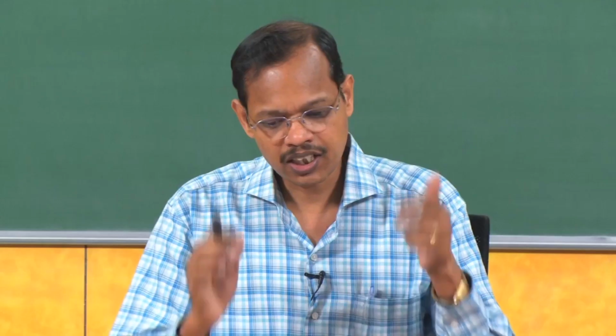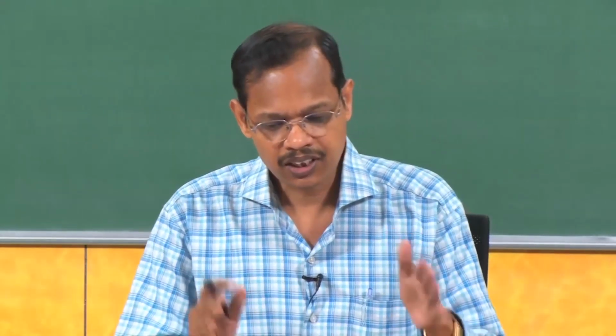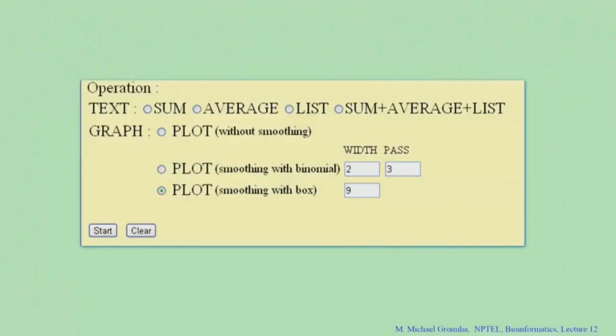If you cannot infer anything from the single residue plot, although in most cases you can find some patterns, then you can also try to get a window average. In this case it is possible to get the average. For example, if you click on the plot with smoothing with box, you can smooth for any window length. For example, if you have an amino acid sequence like this,